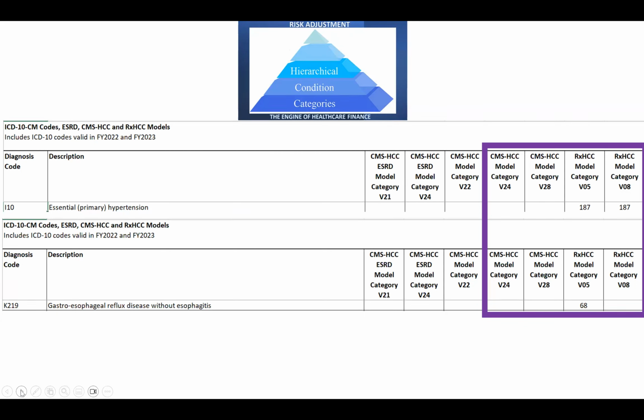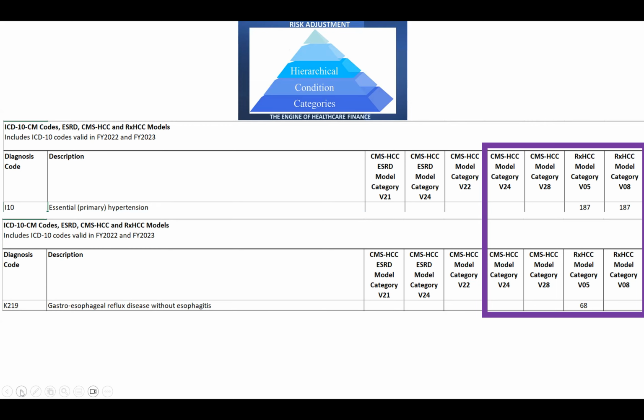Now, I've mentioned before, this is not a program specifically designed to teach the full risk adjustment methodology. We do have a program if you are interested in learning the full details of risk adjustment, which I do highly recommend. But over the time that Medicare has had risk adjustment, which is 20 years, you see the V21, V22, V24, V28, V05, V08, and there's others.